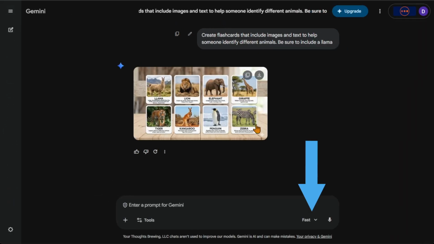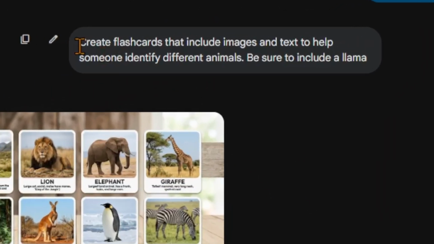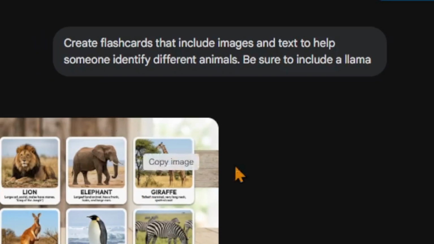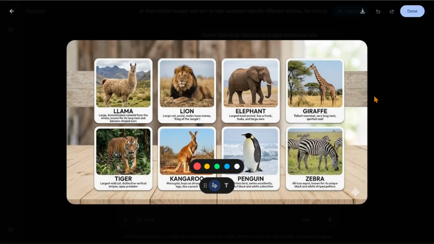So first, I just kept it on the fast model and just asked it to create flashcards that include images and text to help someone identify different animals. And be sure to include a llama, because why wouldn't you have a llama? And I mean, I didn't specify that it was NotebookLM style flashcards with something on the front and then you flip it and get something on the back. I mean, technically, these might be flashcards. I don't think this is what most people mean when they say flashcards,